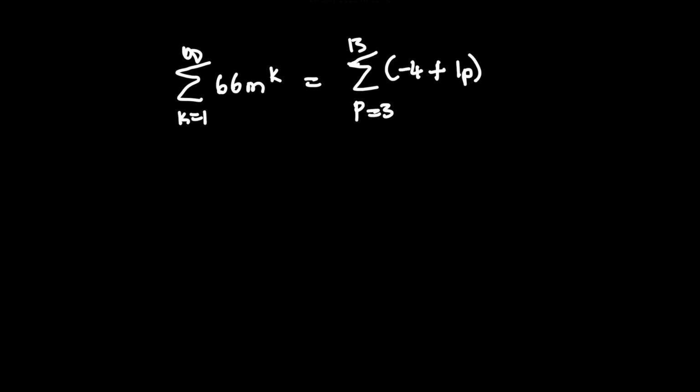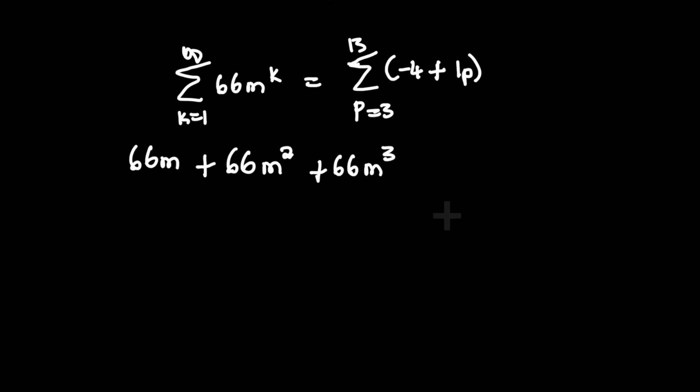We are going to be doing sigma notation today, where I'm going to show you how to find m in this equation. We're going to start by substituting 1 where we see k, and continue like that to have at least the first three terms. Our first term is going to be 66m, and then our second term is going to be 66m squared. Our third term is going to be